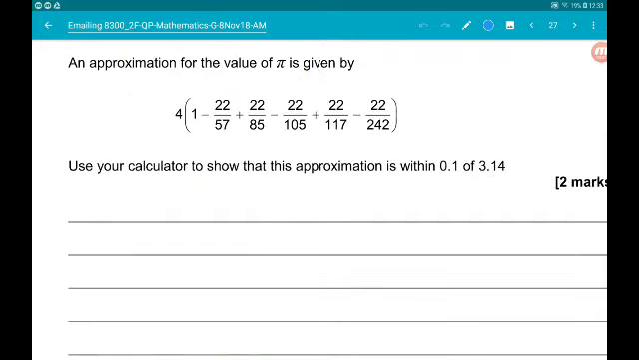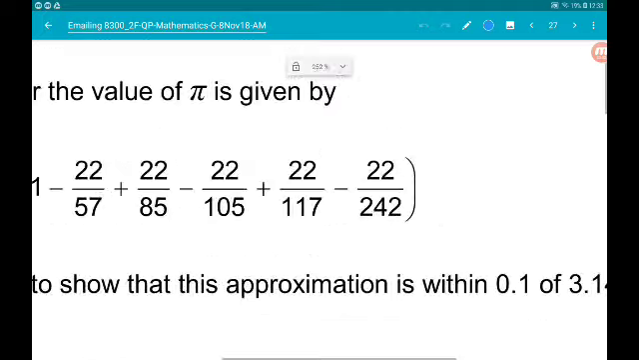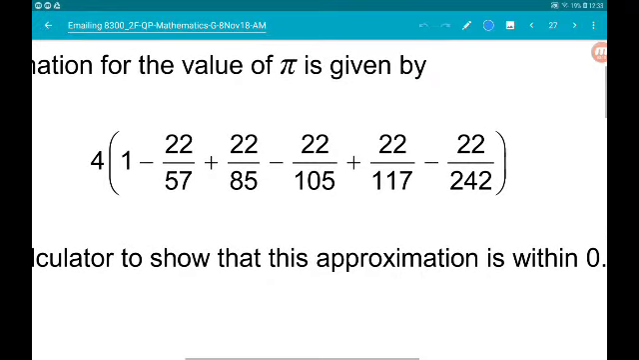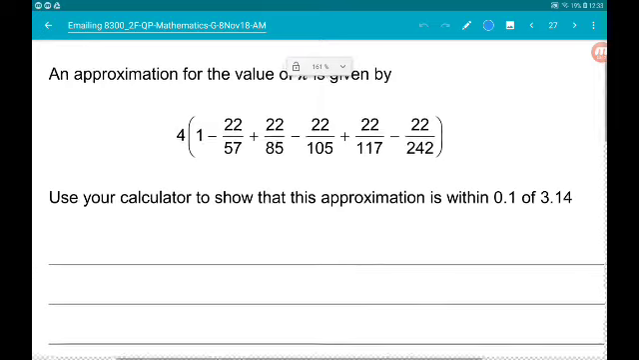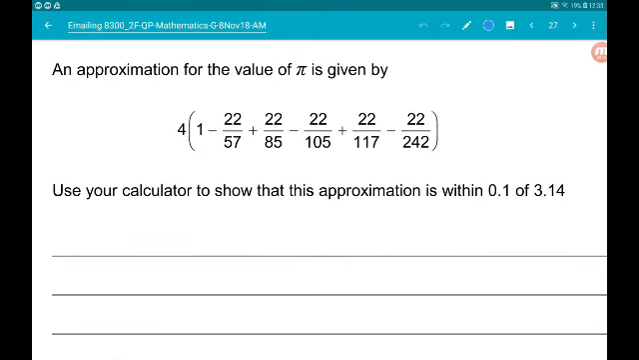Okay, 26. An approximation for the value of pi is given by this attractive looking thing here. We want to use your calculator to show that this approximation is within 0.1 of 3.14. Okay. So you need to put this thing into your calculator. Now I could take a photo of it, but there'd be no point. It would look exactly as it does there. So put that in and hopefully you get